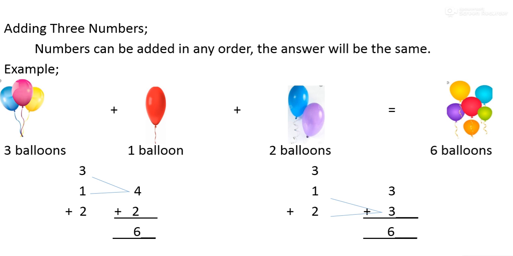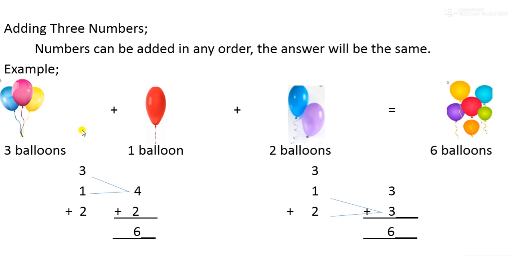See, here I have given an example. Look at the example. Here, students, 3 orders are here: the first order, second order, third order. I have told you this is adding 3 numbers, so we have to add 3 numbers. This is first, this is second, this is third. See, look at the picture. How many balloons are here? Count it. 1, 2, 3. Yes, 3 balloons are here.